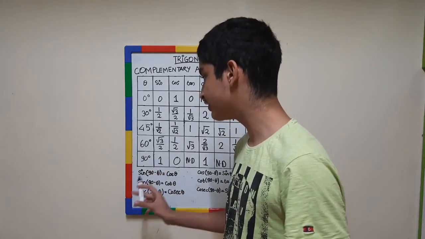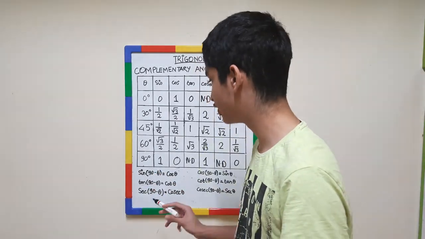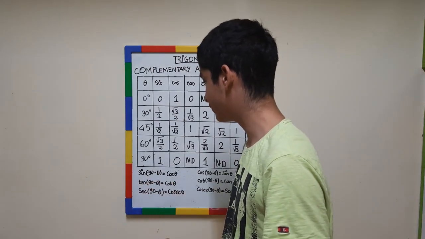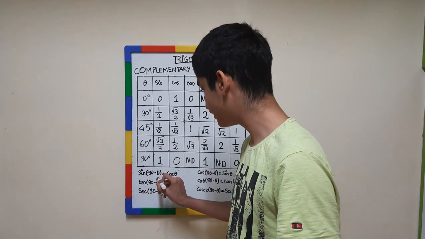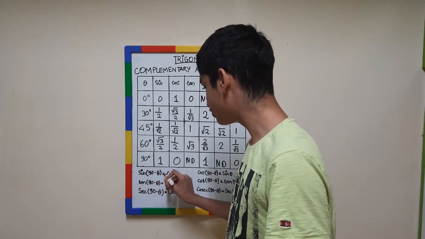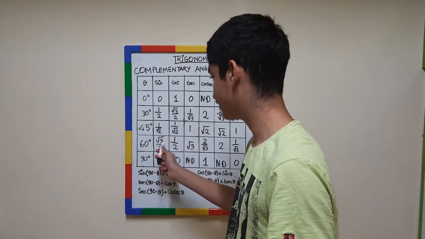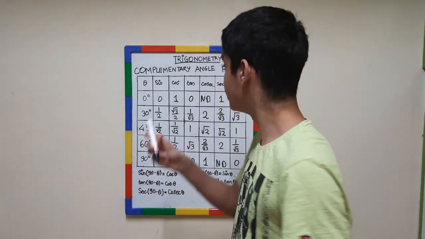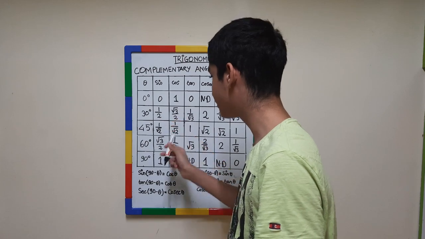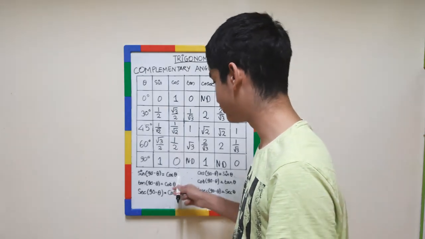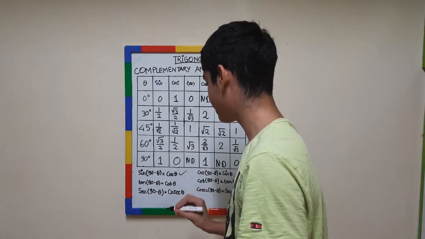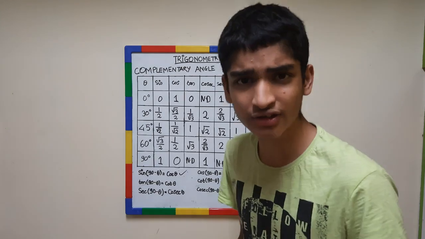Okay, let theta be, let's say, 30 degrees. Sine 90 minus 30. So that is 90 minus 30 is 60, correct? So sine 60 is equal to cos 30 since theta is equal to 30, correct? Let's see if it works. Sine 60 is root 3 by 2. Now cos 30 is root 3 by 2. Root 3 by 2 is equal to root 3 by 2, correct? Okay, so this formula applies. It's correct. And it also has its inverse.